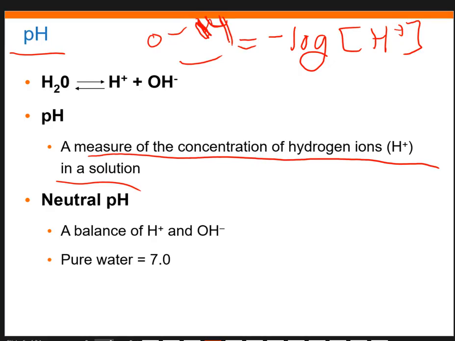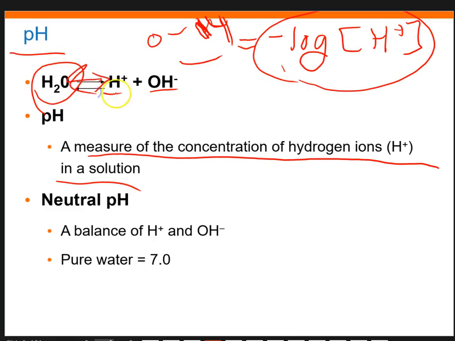Now, the reason we use this pH scale, sorry, I'm trying to think of the easiest way to explain this. The reason we use this pH scale from 0 to 14 is that the raw concentration is really challenging to deal with. For example, if you took a cup of water, some of this water spontaneously separates into hydrogen and hydroxide, and then it links back together, and then it separates and links back together. So in a sample of water, there is a little bit of free hydrogen. When we look at it, it is